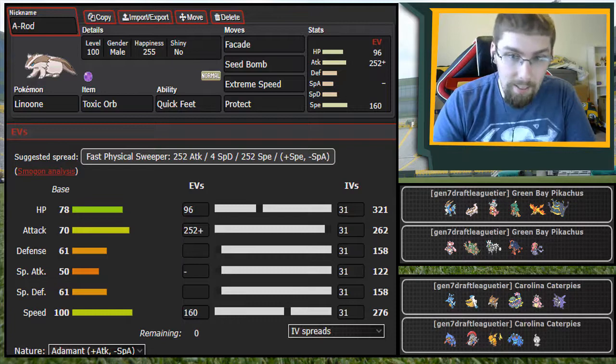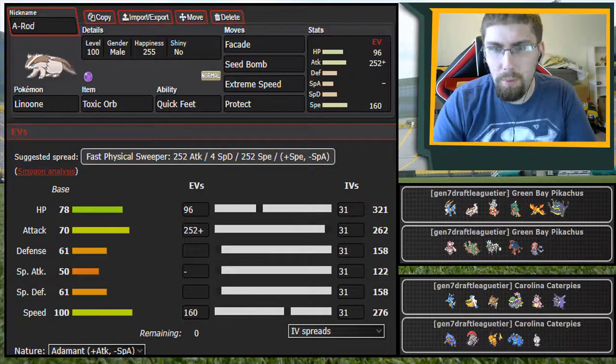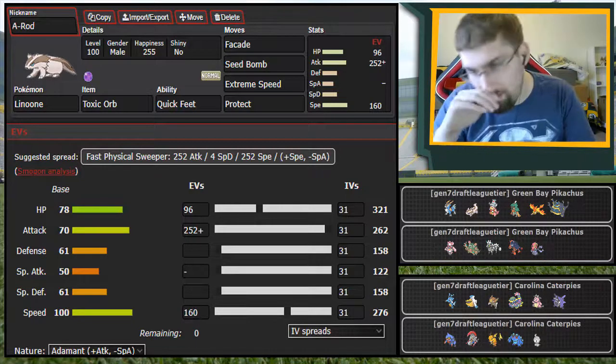So if it's a Dragon Dance Kingdra, this is the amount of speed that I think he would run in his Kingdra, or about how much he would creep our Garbodor with his Kingdra. So that's why I'm running this much speed in Linoone, so we outspeed that, and plus we still hit pretty hard with Adamant Nature. We have Toxic Orb over Flame Orb because we're Quick Feet as well instead of Gluttony,